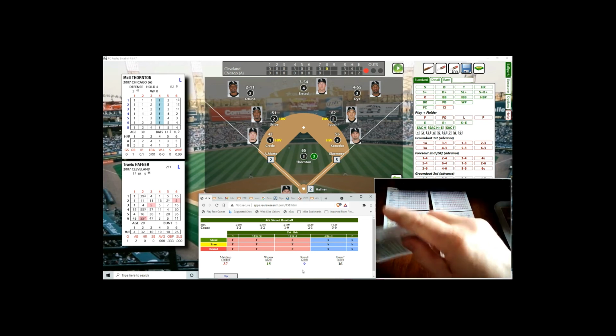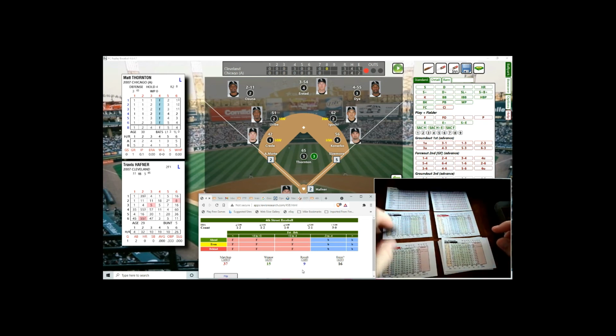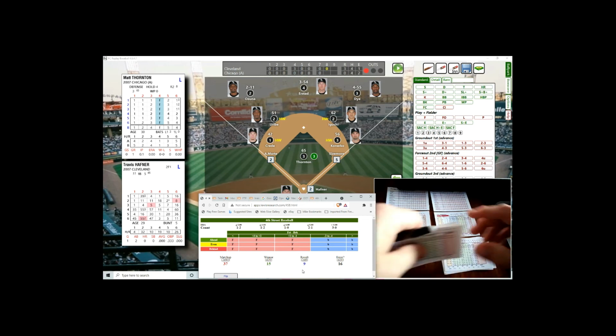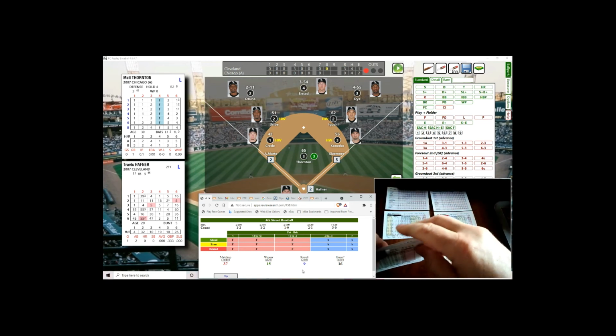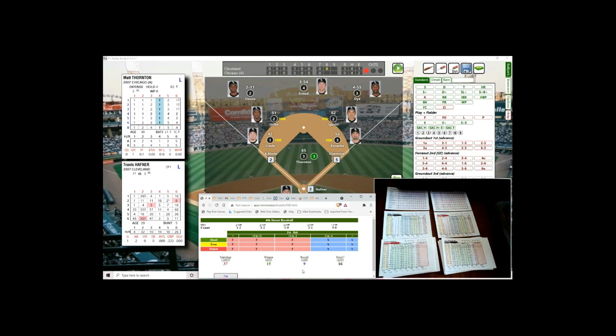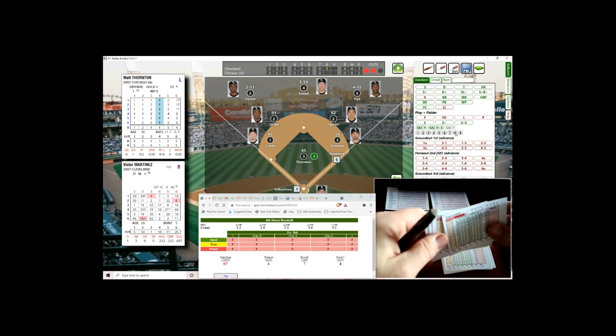Marte, he is an 11. Center fielder Erstad's arm is a +1. So he's an 11 plus a 1. So that is 12. He's going to try to go. So it is 1 to 12. He'll make it, and he does. Sizemore will hold. So sacrifice fly to center. That makes it the Indians 4 and the